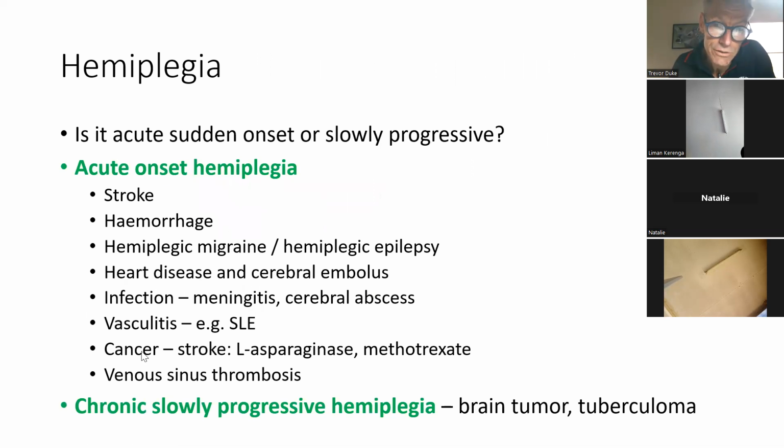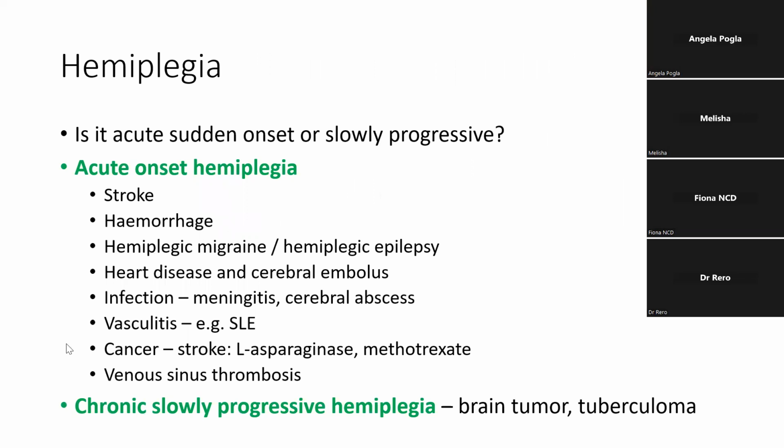So if you see a child who's got hemiplegia, then it's useful to ask the question as to, is it acute or is it slowly progressive? If it's an acute onset hemiplegia, then when you're thinking about, well, what is the problem, then it could be the child's had a stroke, or they could have a hemorrhage, like a cerebral cortical hemorrhage, or it could be something like hemiplegic migraine or hemiplegic epilepsy, or you need to examine them to see if they've got heart disease